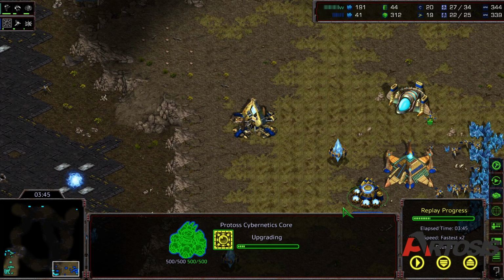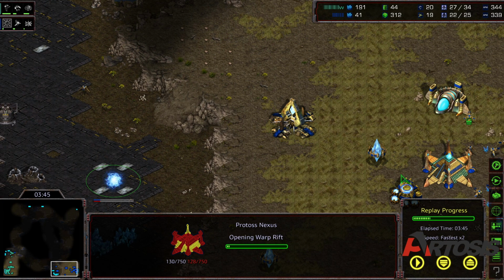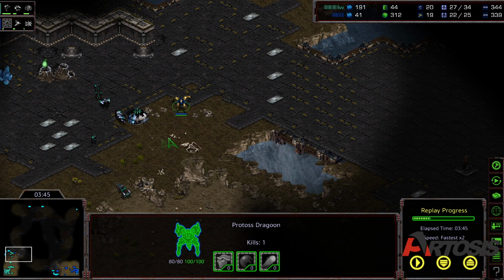The previous game went for an even faster Nexus than this. He basically went Dragoon Nexus. Flash saw that Nexus and saw the speed of it. Here he doesn't see. And that FD push that we saw previously